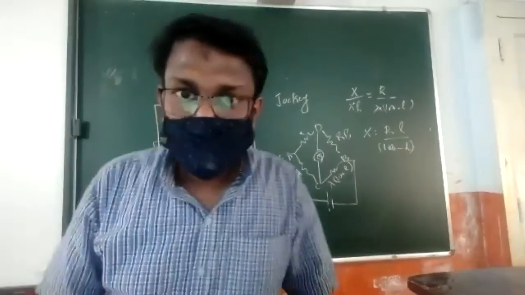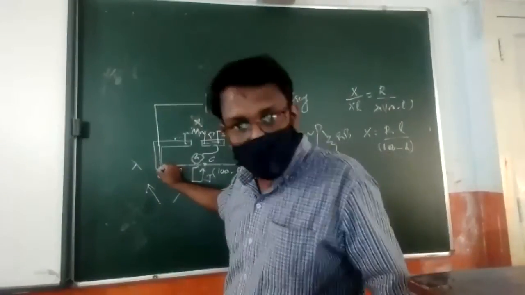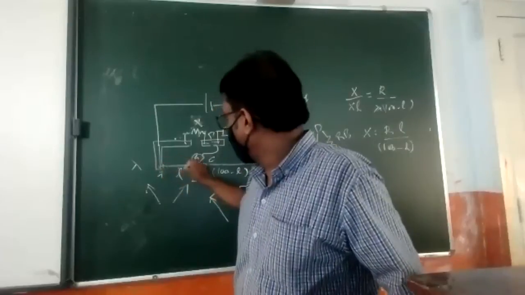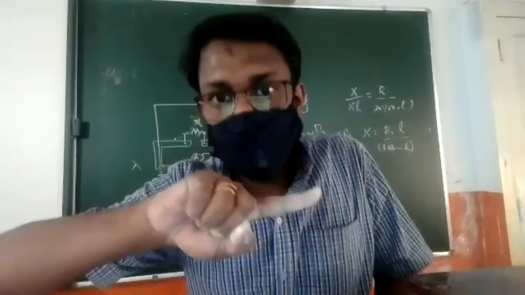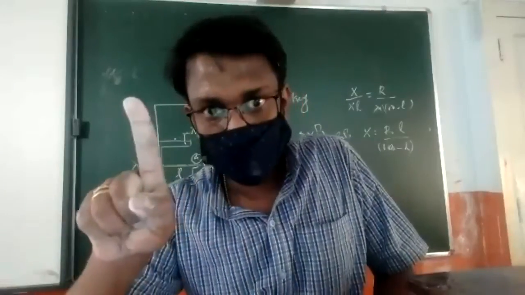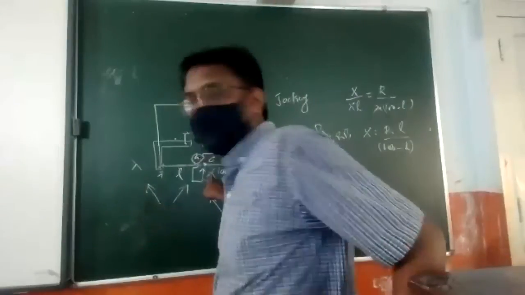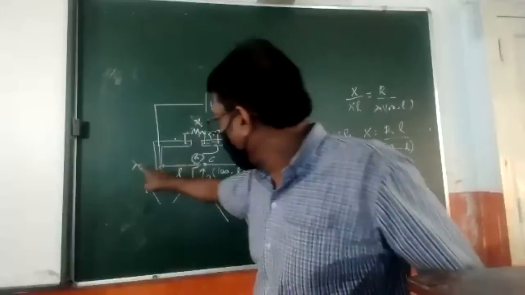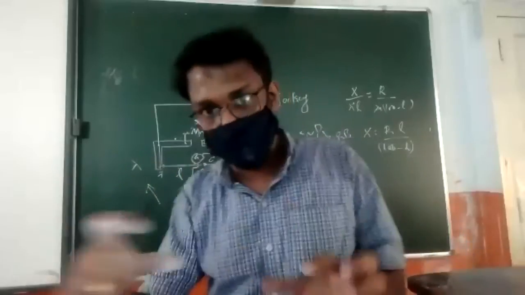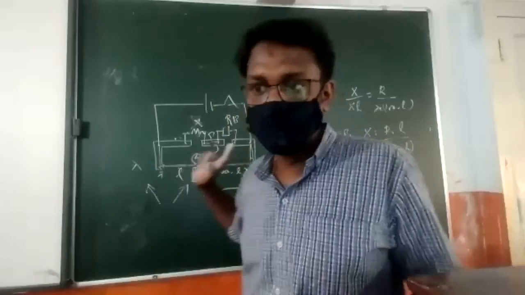To find where you get the 0 mark, you take the jockey at point A and slide it over this wire. You can see the pointer coming from the left to 0. Where it shows 0, you stop there. That is the point. From A to C, you can measure the length, because a meter scale is also attached with the wire AB.